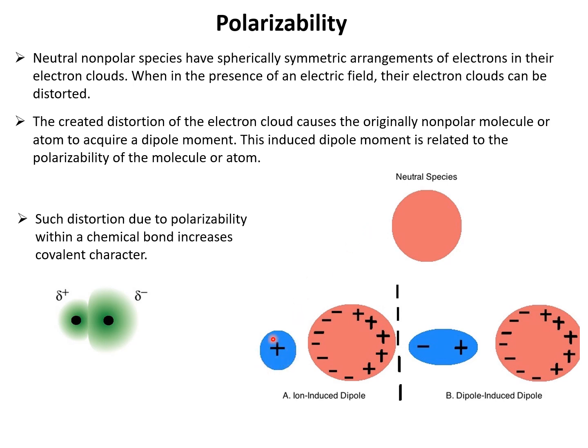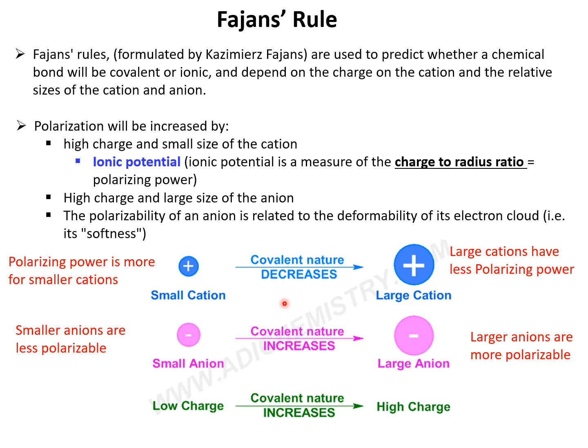So you can see this is your cation and anion. The electrons of the anion are being attracted by the cation, so this leads to distortion. Such distortion due to polarizability within a chemical bond in turn increases the covalent character. So, by considering the concept of polarizability, Fajans has formulated certain rules in order to predict